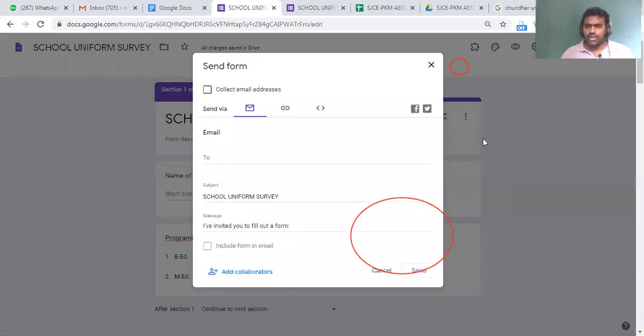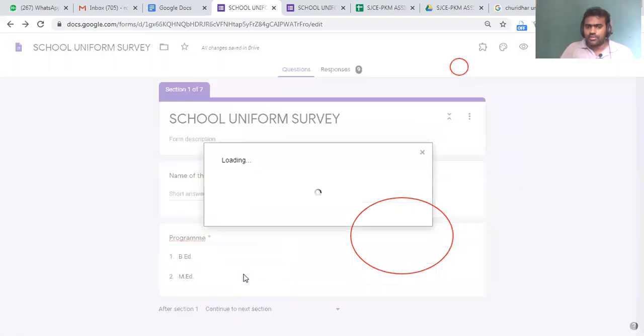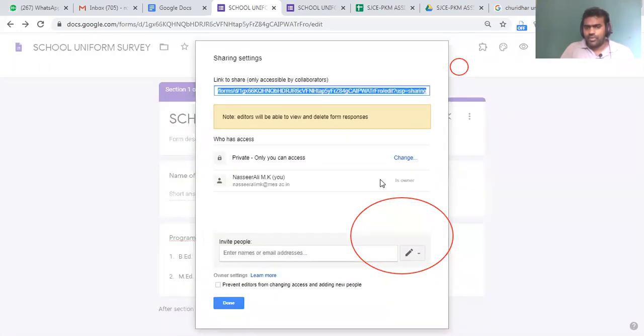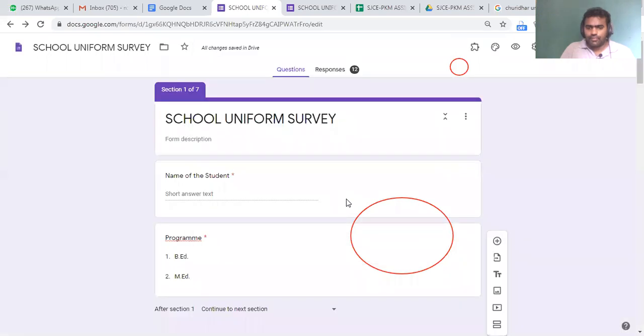If I need to add Shalom ma'am also as an editor of this survey, so she can also see the responses, you come to the send button, you click, then come to add collaborators, then add the email ID. Okay, thank you. Yeah, very constructive suggestions are there. And Asha ma'am and Shalom ma'am, Priya ma'am, our workshop is going to be very effective.